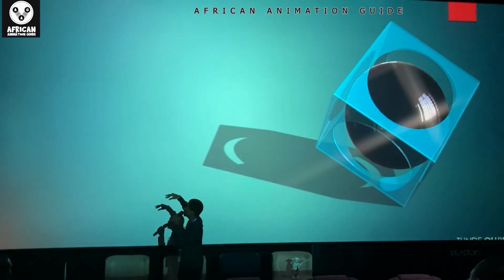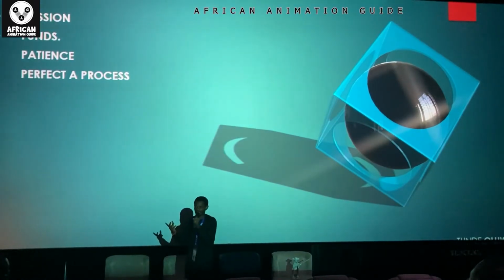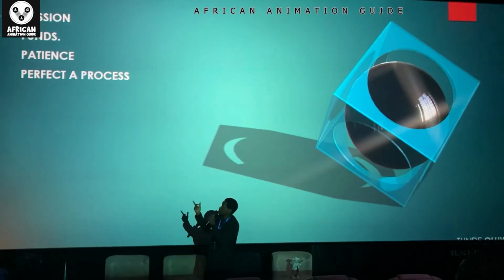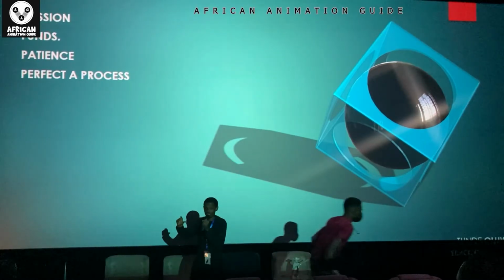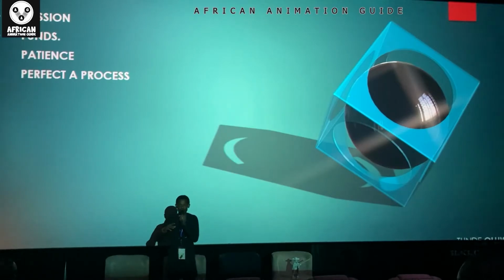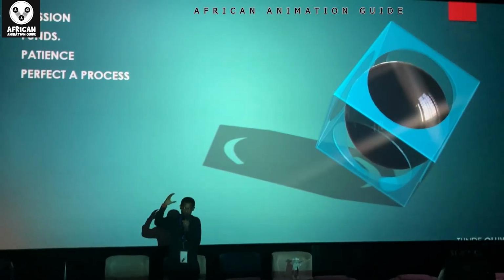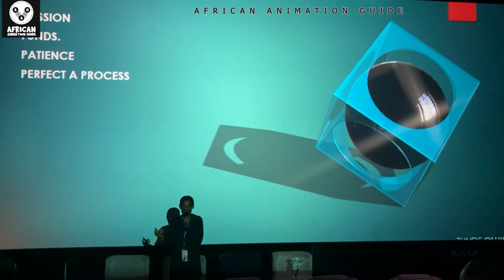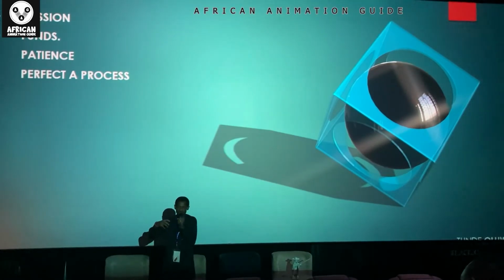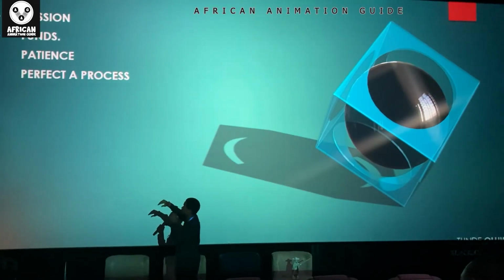Now let's quickly run through the last part, the conclusion, as I said earlier. The conclusion is maybe a tip, maybe advice, whatever. The first part, we've talked about: the passion, fun, and patience. The next that we need to talk about is perfecting a process. 3D animation is huge, as I said earlier. It's a big thing, so it's always advisable for you to take one of those processes that we've explained and master one. It's good to be a generalist, someone who knows about everything. It helps. But it's always good to perfect a particular process so that you can function in a larger organization. It helps a lot. Next slide, please.